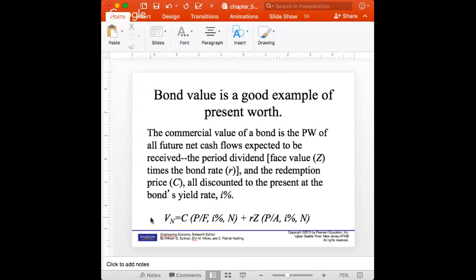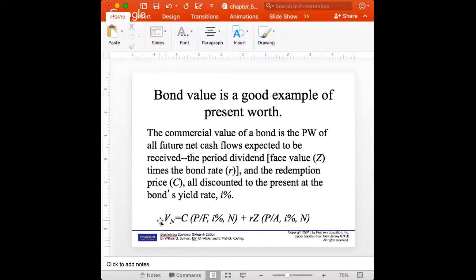This is the value at time 0, 0 being the time when that holder acquires a bond, is equal to the redemption. This is the value that the bondholder receives at the end of his or her ownership of the bond, times P given F. So this is a single value in the future. We're bringing it back to the present. P given F, I%